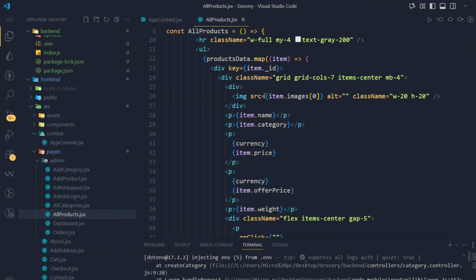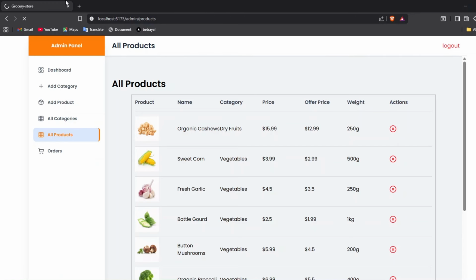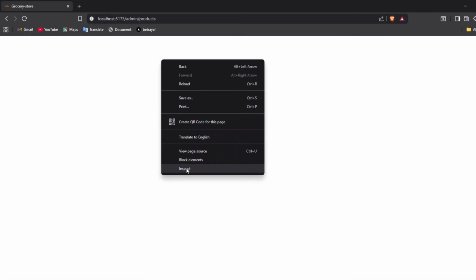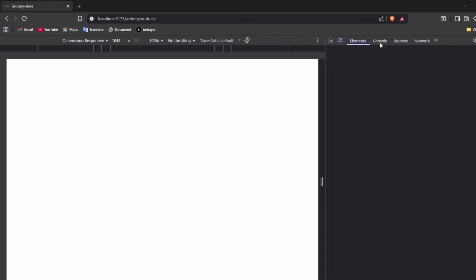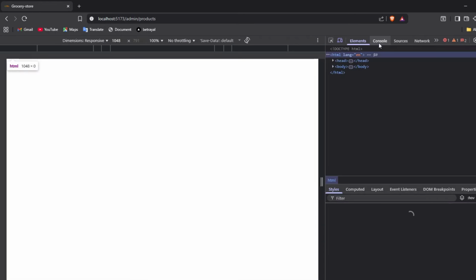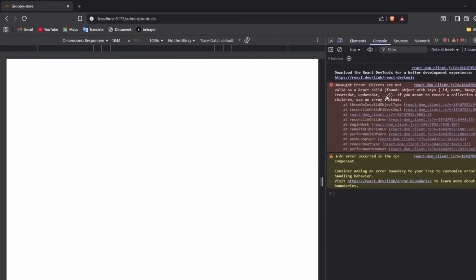Okay, but we will change this image because images are not showing to us. Let me just click this. Okay, it is refreshing. So here you can see we have a small issue. Let me inspect this, and inside this console,